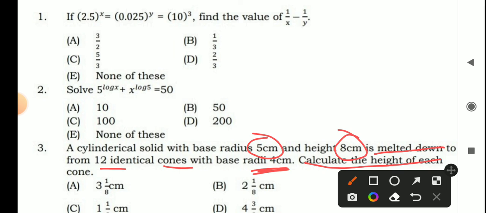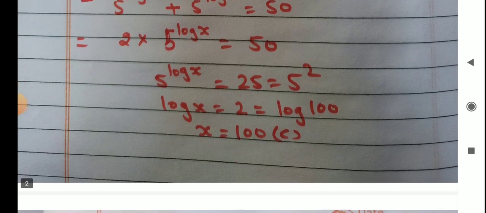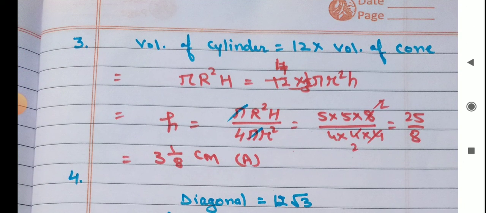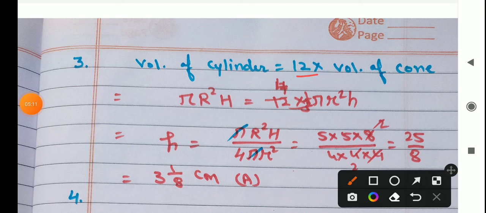So melted concept is there, so the volume of the cylinder will be equal to the volume of 12 cones. So come on the solution. Volume of cylinder is equal to 12 times the volume of cone. Volume of cylinder is pi r square h and volume of one cone is 1 by 3 pi r square h. So 12 cones are there, 3 will cancel with 12 to give 4, and when you shift for this h,